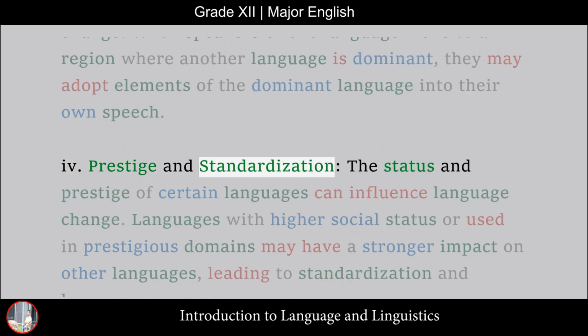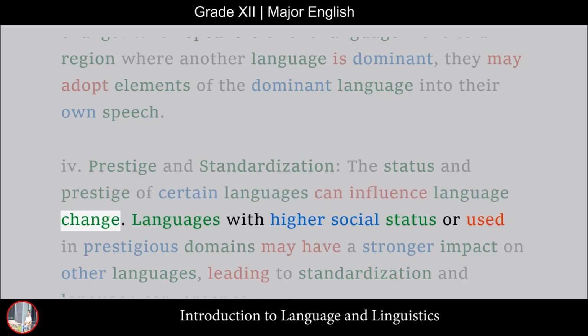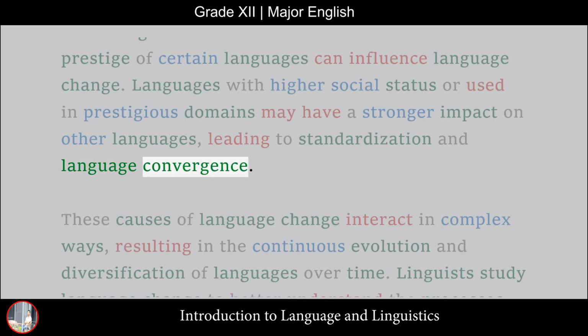4. Prestige and standardization. The status and prestige of certain languages can influence language change. Languages with higher social status or used in prestigious domains may have a stronger impact on other languages, leading to standardization and language convergence. These causes of language change interact in complex ways, resulting in the continuous evolution and diversification